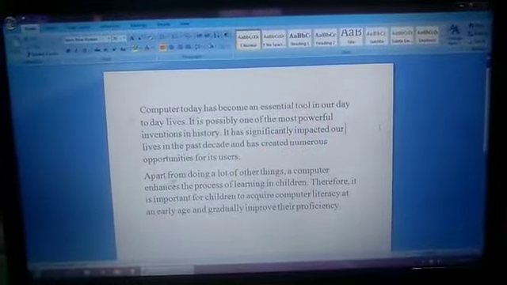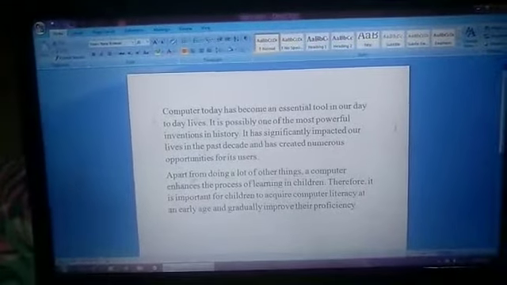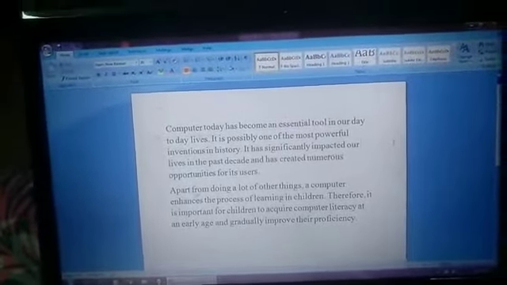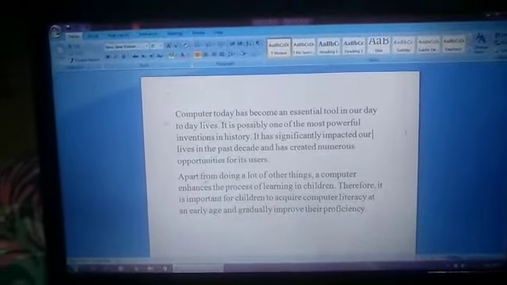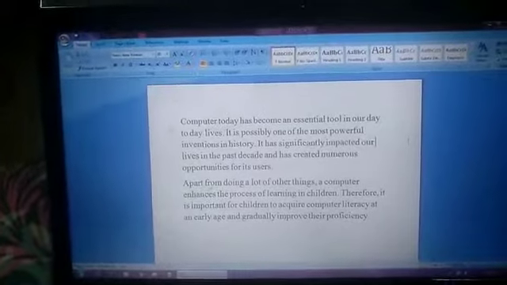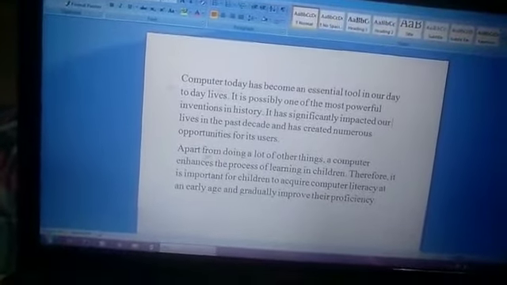Now children, I will show you how to edit a document, like selecting a text, moving the text, copying the text, then how to delete blocks of text, then undo and redo changes. So let us start from selecting the text. How to select a text? There are some techniques to select a text.